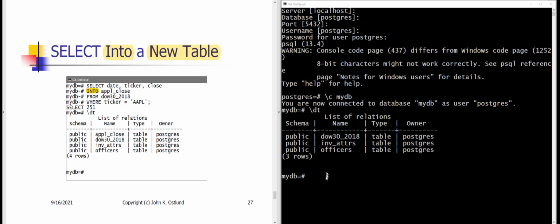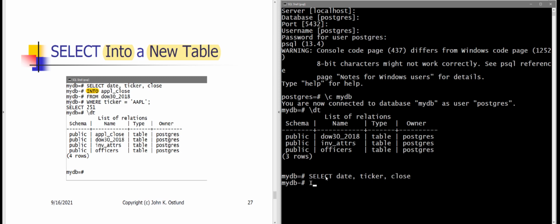Okay, back again. So I have connected to the MyDB database, and I have displayed the tables available in this database. And we did not yet successfully create this Apple Close table. So let's do that, and I will not make a typing mistake this time. So here's my select date, ticker, close into Apple Close from Dow 30 2018, where ticker is Apple,